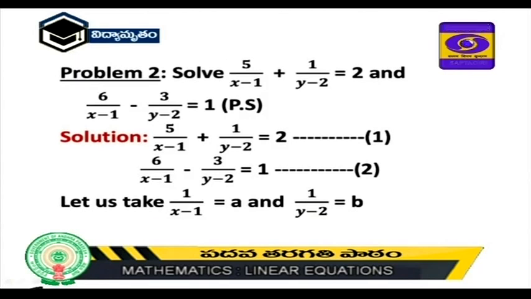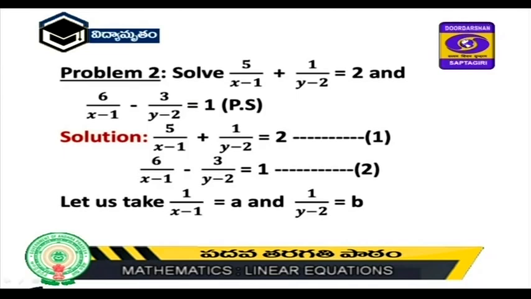Now I move to another problem, that is 5 by x minus 1 plus 1 by y minus 2 equal to 2, and the second equation is 6 by x minus 1 minus 3 by y minus 2 equal to 1. These problems come under problem solving, that is in the academic standards. So this also has to be reduced to simple form,